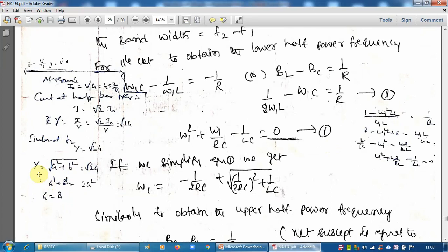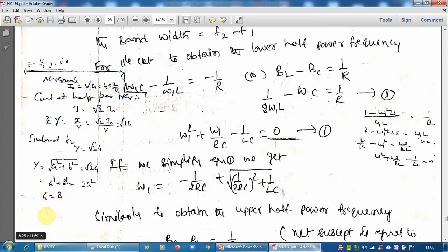Or by making use of Y equal to, of G square plus B square, we will get G equal to B. Same thing we derived in the series circuit also, but there the entire thing is opposite. There, at half power frequencies F1, F2, we get X equal to R. Here exactly opposite, G equal to B. In R place we are getting G, and in X place B. Same thing.